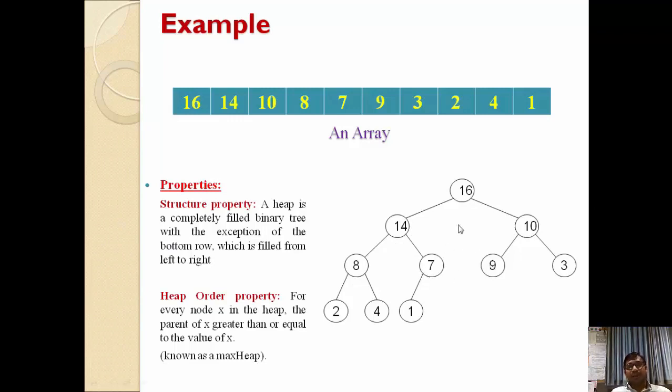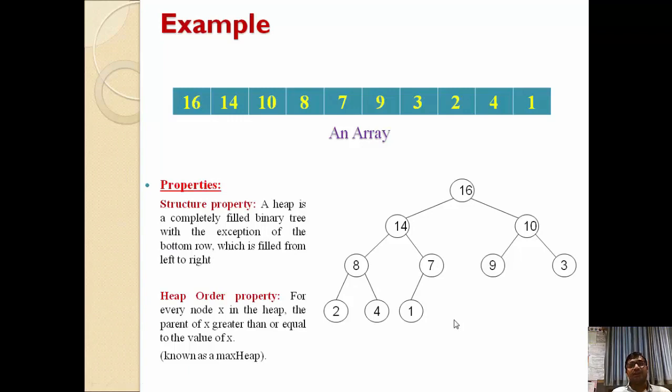So we can say when we check whether our parent has a maximum value than the child node or not, we need to check from the 7 in this tree. It is not required to check for 9 because 9 has no child, 3 has no child, 1, 4, 2, these leaf nodes have no child, right? So it is not required to check for the leaf nodes, but for the internal nodes we need to check that the parent must have a maximum value than the child node. So we need to start from 7 in this case, but in general form we can say we need to start from the half of the tree, right?